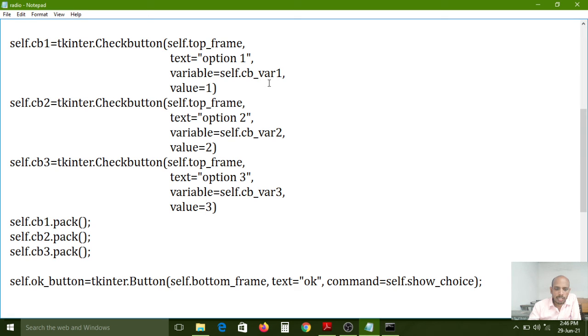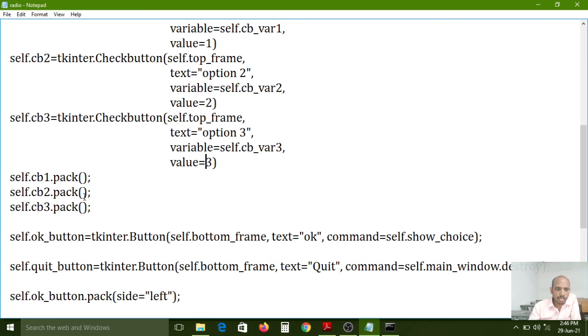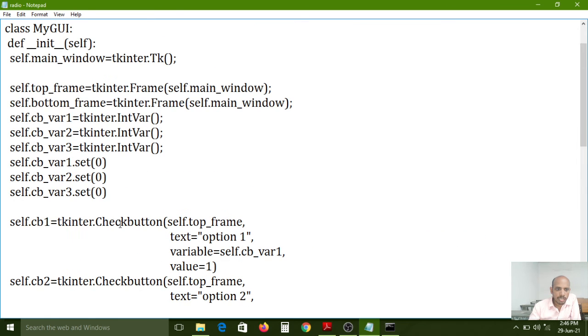Self.cb_1 value equal to 1, value equal to 2, value equal to 3, option 1, option 2, option 3, top frame, cb1, cb2, cb3 in the init method.